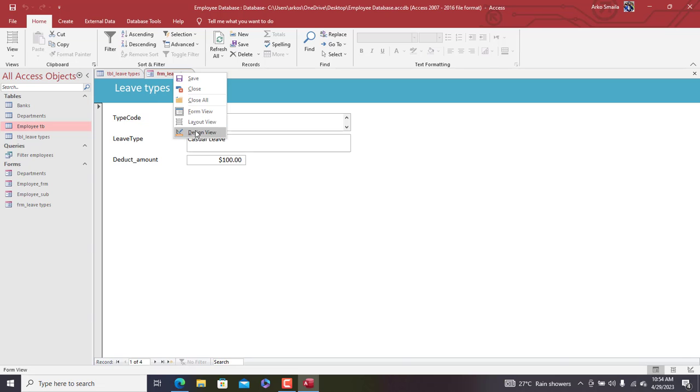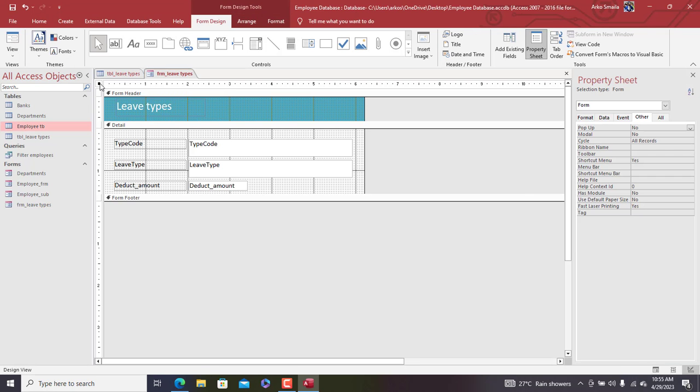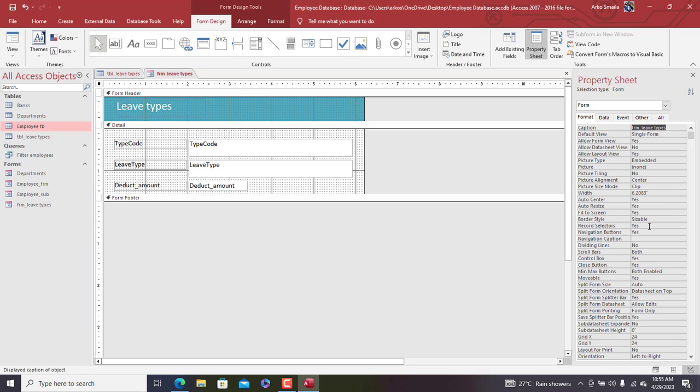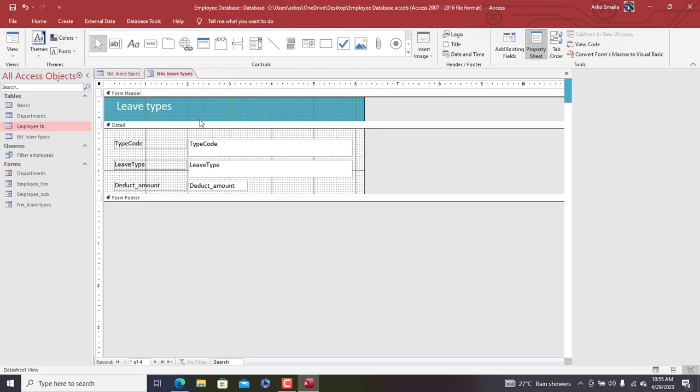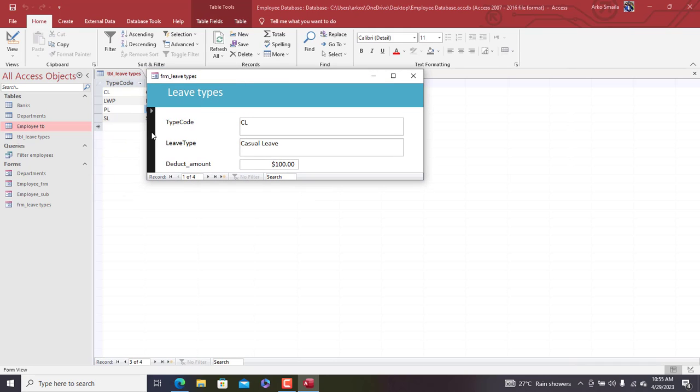So we come in here, design view. So you just click here to activate the entire form. Now pop-up, we set it to yes. Okay, now the record selectors, we are going to actually allow it, and then also the navigation buttons, we can also allow it. Okay, so now this is the navigation, the record selector,